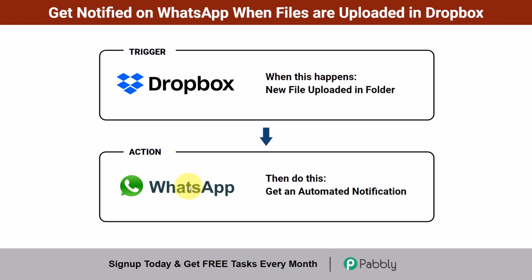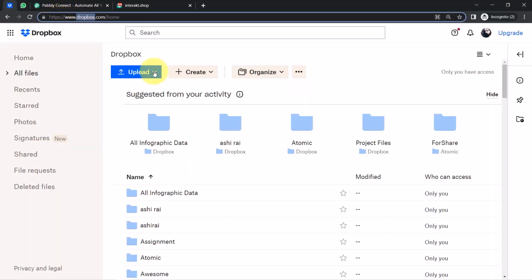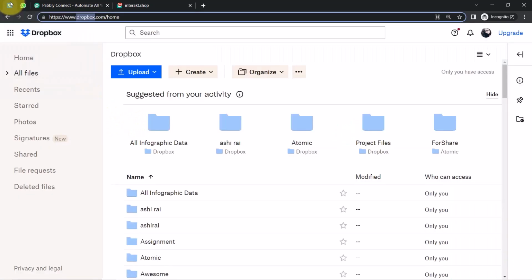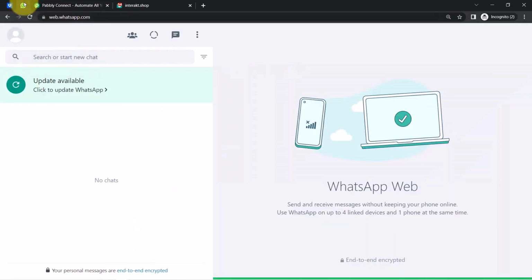So if you also want to automate this process, come with me and I will show you how you can set this automation up for yourself step by step. So this is my Dropbox account, and here I'm going to upload a file into a specific Dropbox folder in front of you, and you will see how after that file upload I will automatically receive a notification on my WhatsApp. But before that, I'll have to set an automation in Dropbox and WhatsApp,